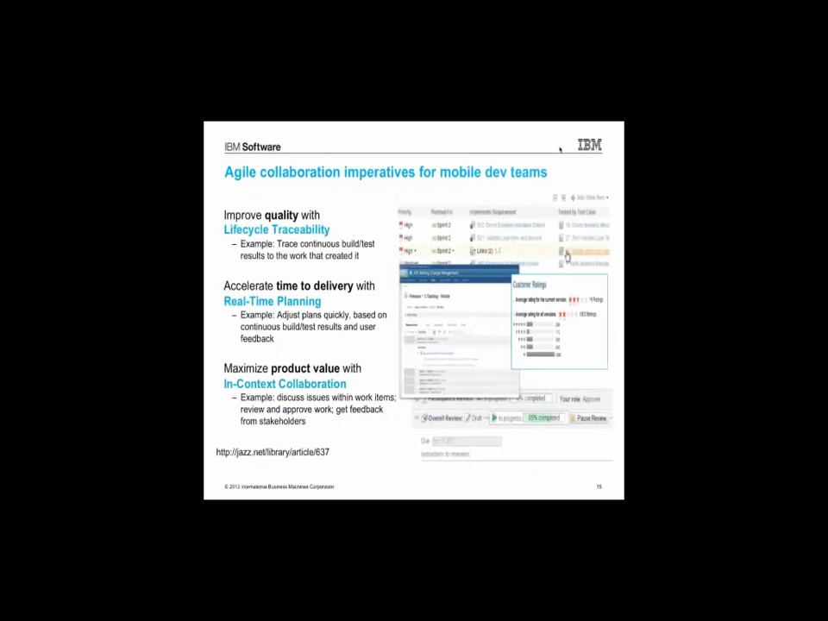So as a mobile development team, you're not working individually. It's a team effort. So Agile collaboration is really critical. And this is where some of our tools around teams developing in an Agile fashion become really important. So imagine if you had something like our ALM products, which support Agile teams, and it can help you do some basic imperatives. Number one is to improve quality with